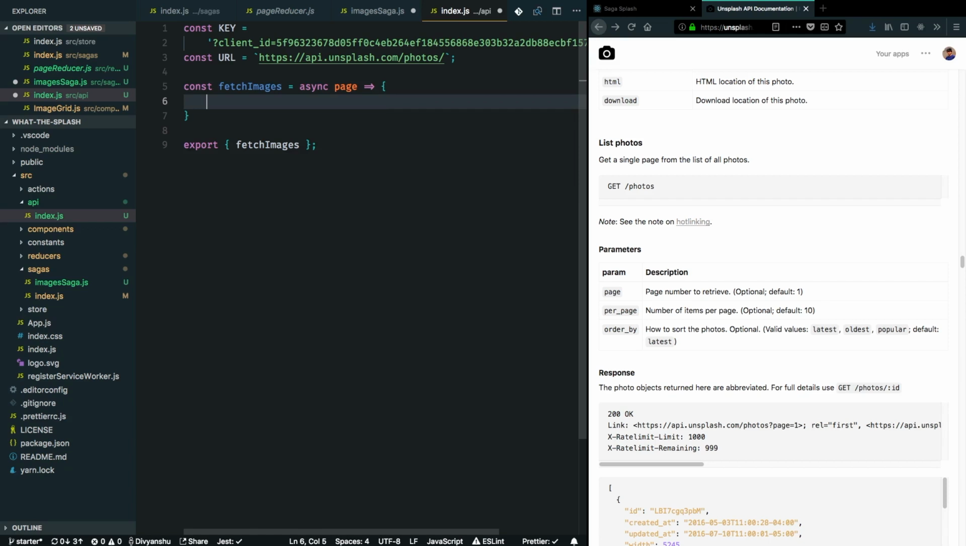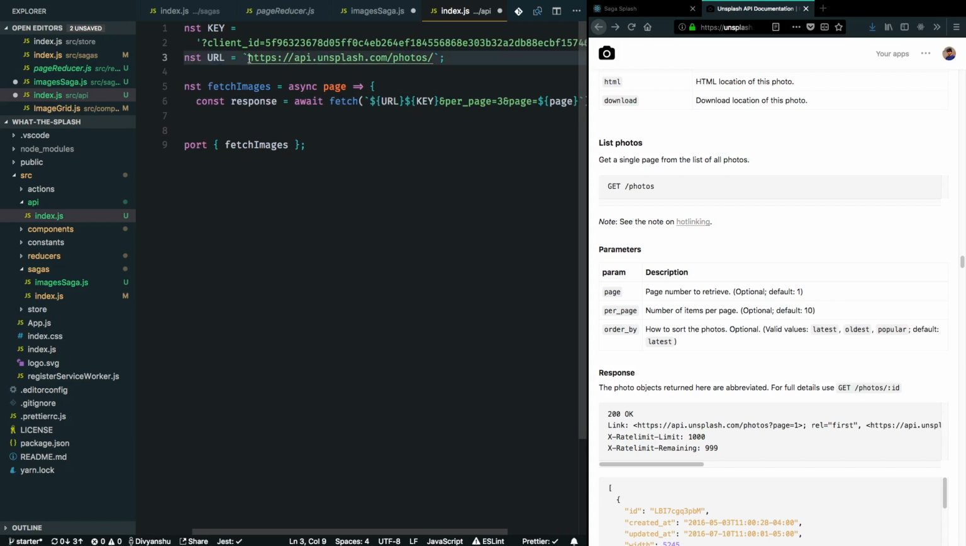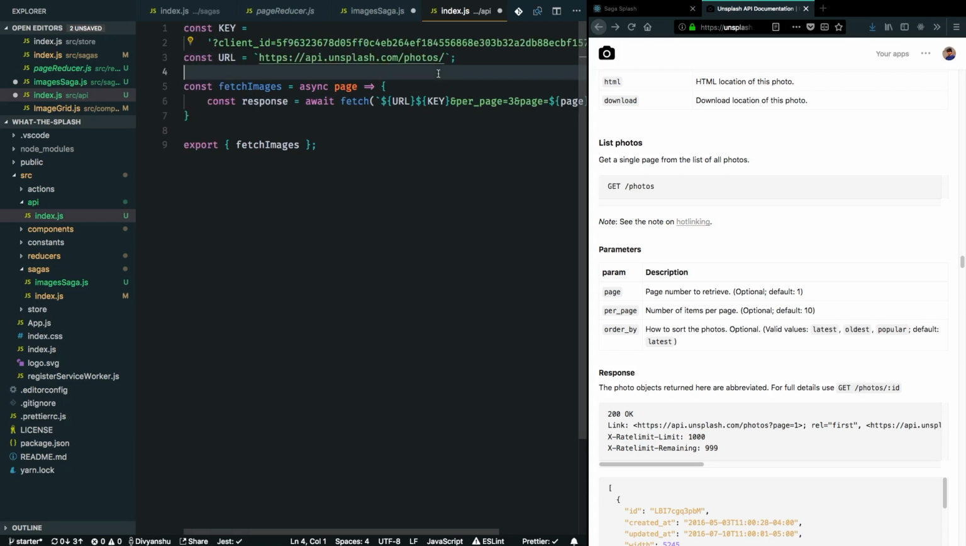Yeah, and here we want to wait for the response. So let's say we do const response, and we want to await for it. So await fetch, and here I'm just going to paste in the URL that we are going to fetch. Cool. So nothing fancy. We are taking in the URL from here, which is unsplash.com/photos, adding in the key here,